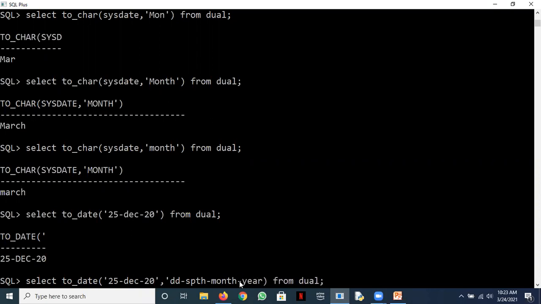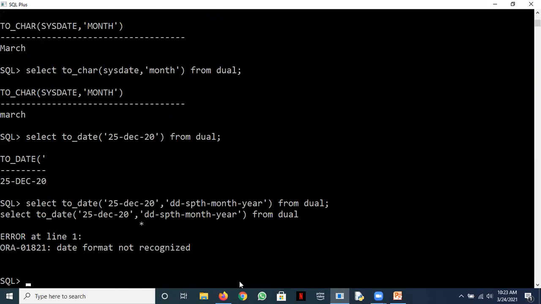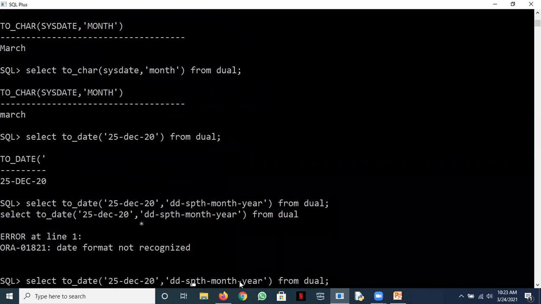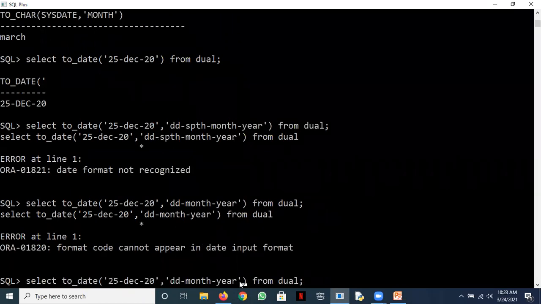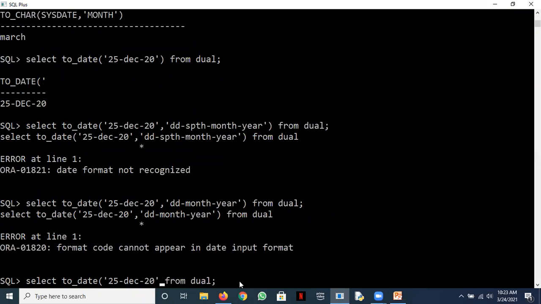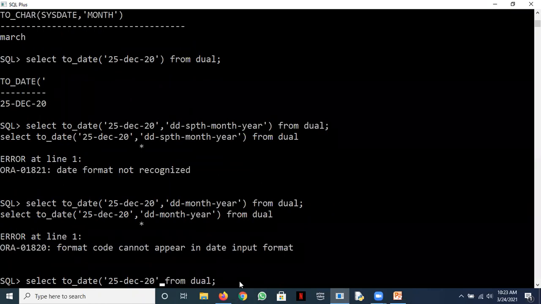Okay, let's try this. See, some problem with the format. Maybe let's check a simpler format. No. So here we need to give, yeah, that would work with TO_CHAR only.